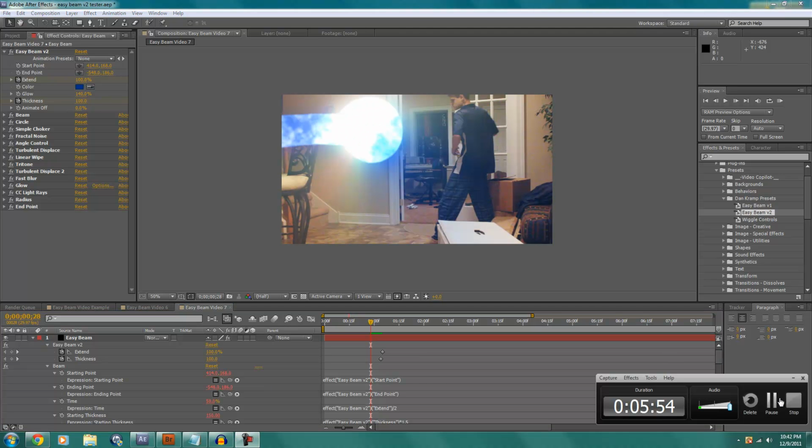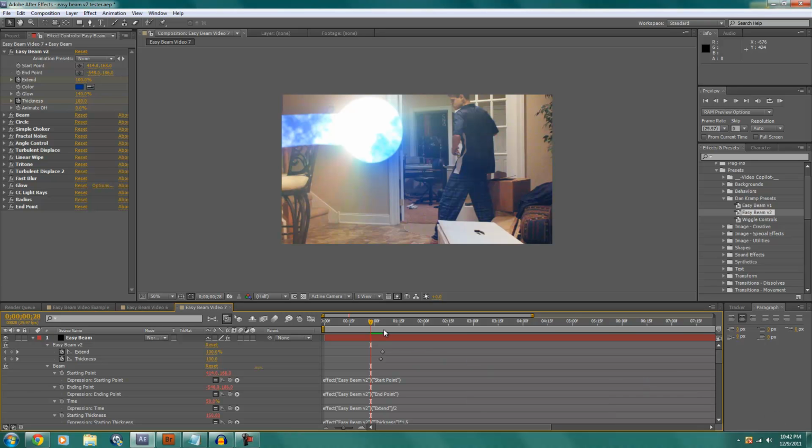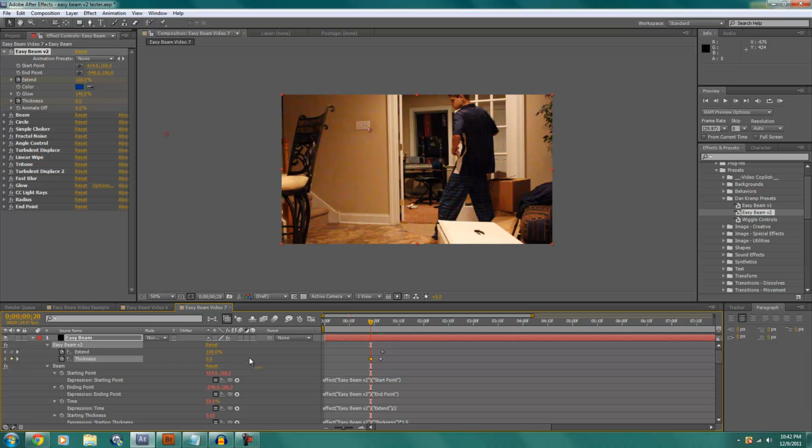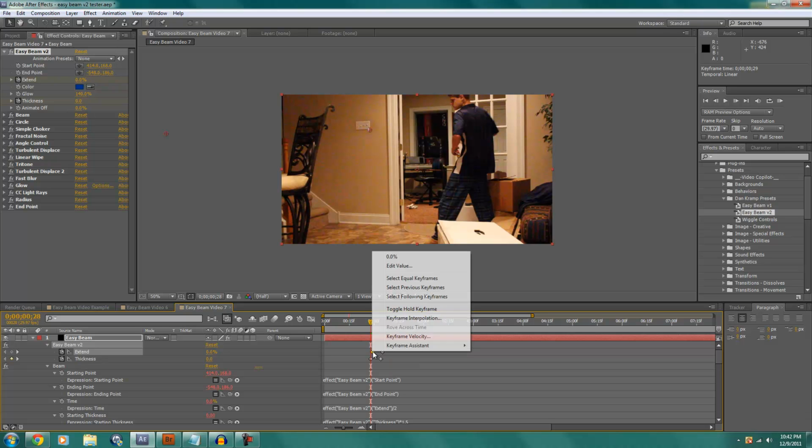and then what you want to do is take the thickness and just turn that all the way down. And you also want to take the extend and turn that all the way down. I'm just going to move the extend off by a frame. And then what you can do is you take the extend, and you can either hit F9 or go to